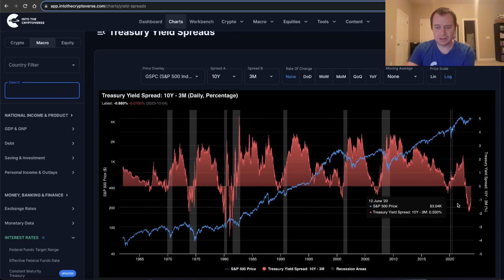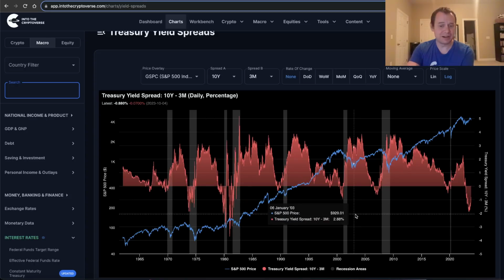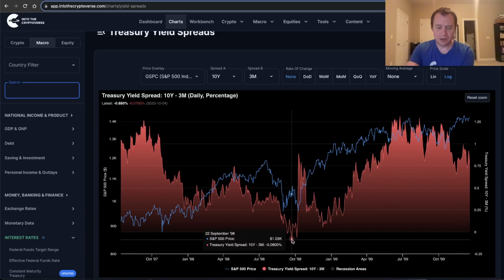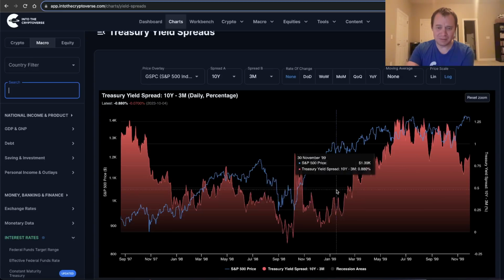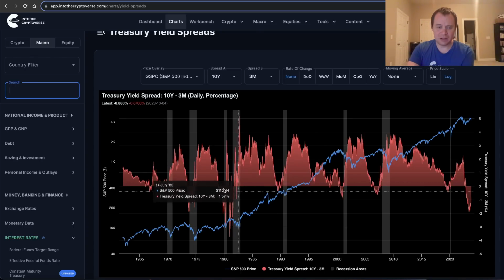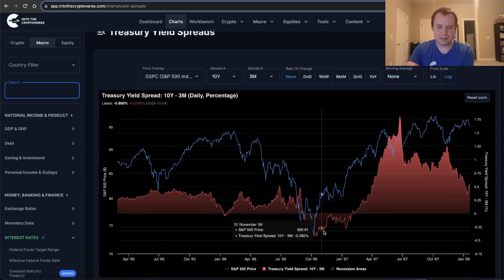You can see that it has a pretty good track record, right? Inversion, recession. It happens quite frequently. There's a period in 1998 where we saw an inversion and then we didn't really get an immediate recession. But this inversion did not really last that long. You're literally talking about just a blip below it and then it was right back above it. The other time where you might note that a recession did not occur, at least not immediately, was back in 1966.